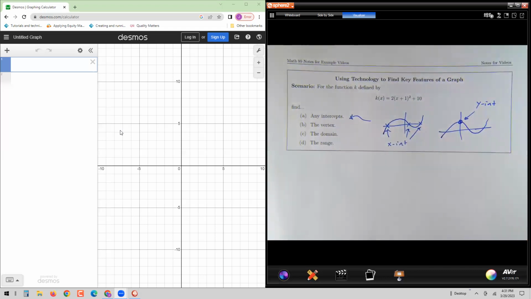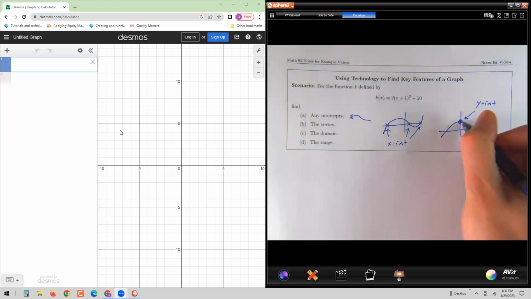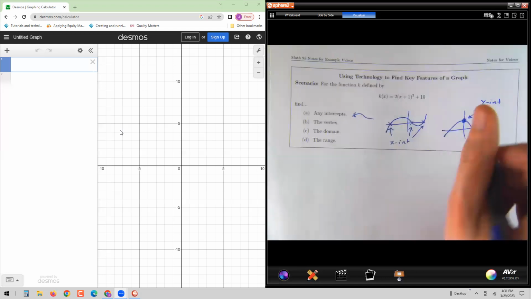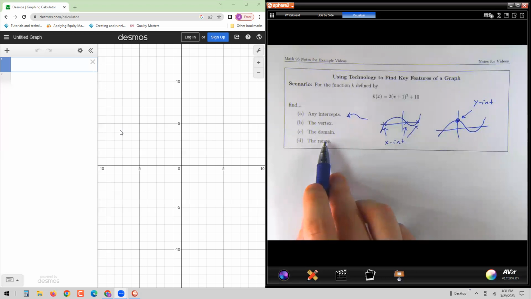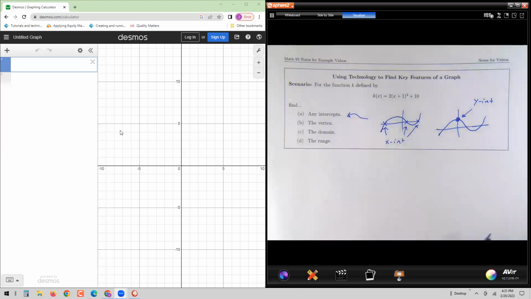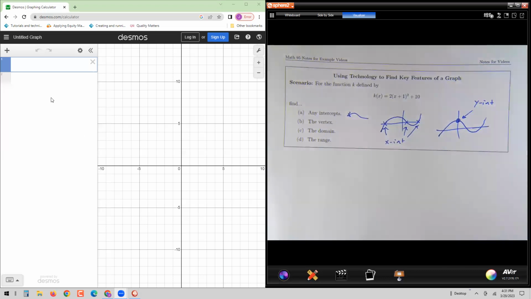We're also going to look for the vertex. The vertex is the spot, just like there, where it's at that U shape. I'm looking for the domain, that's the set of all x values, and the range, that's the set of all y values. And in Desmos, I'm going to type in k parentheses of x is equal to,